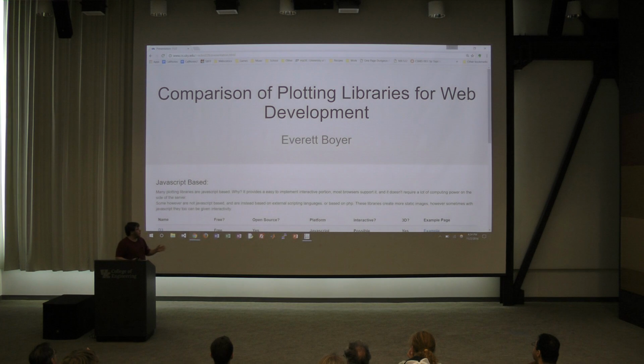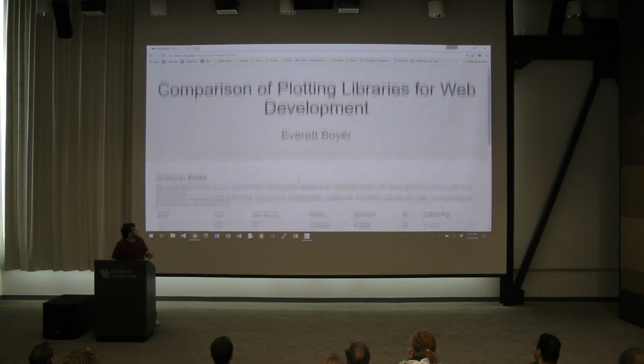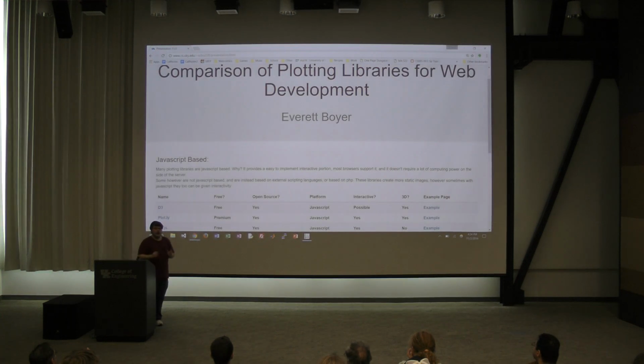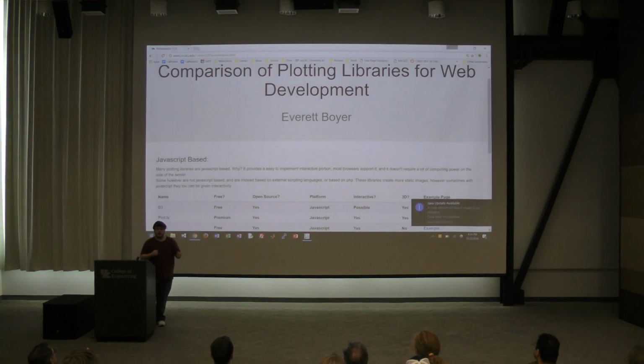I'm going to look at mostly JavaScript-based libraries. However, I did find one PHP library. It's not really as impressive as some of these JavaScript ones, but I included it because I wanted to include as many as I can. And I'm also going to look at Gnuplot, which is